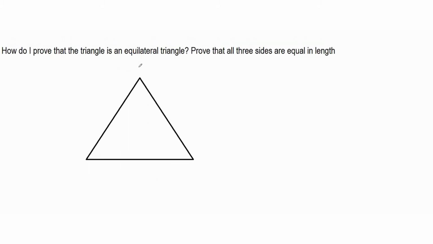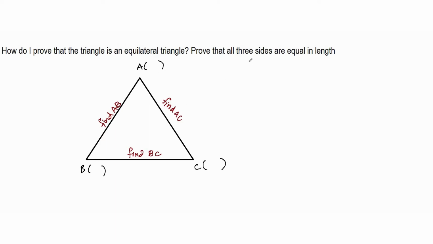So let us consider 3 points are given to me, A, B and C. The coordinates of these points are known. So using coordinates of A and C, I can find the length of AC. Using coordinates of A and B, I can find the length of AB. And using coordinates of B and C, I can find the length of BC.